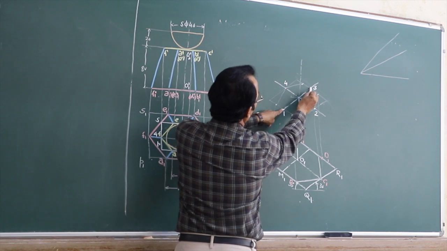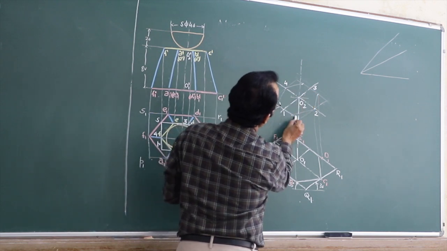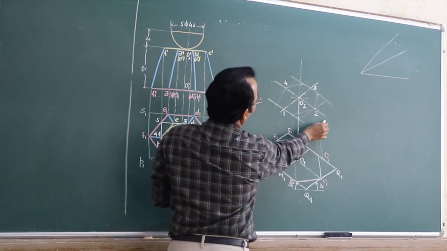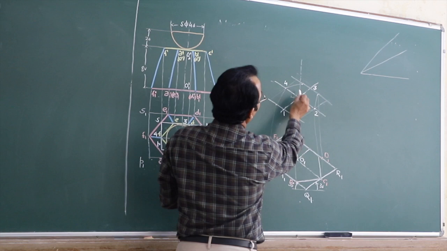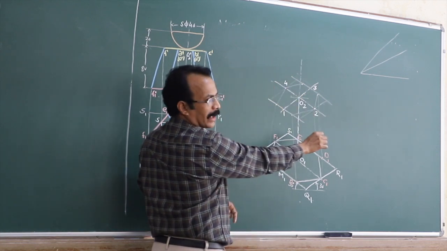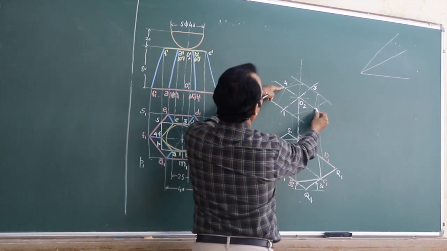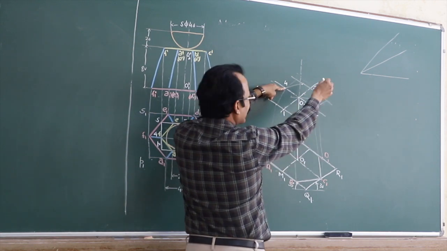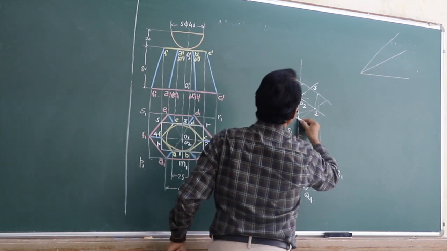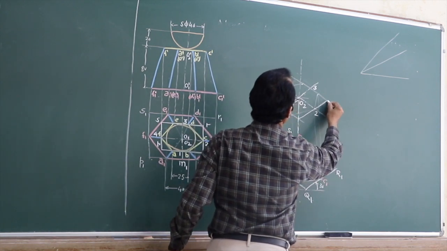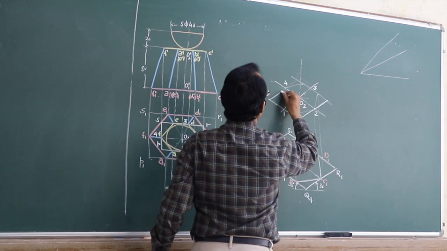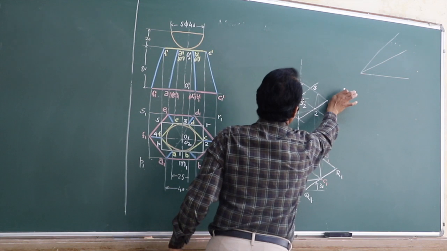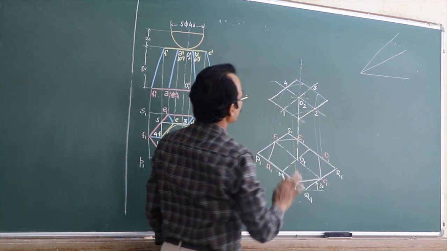Okay, now once you get these points, passing through 1 and 3, please concentrate, draw lines parallel to the other center line. You will not know the length, but the other center line is 2, 4, so parallel to that you draw these two lines. Similarly, passing through 2 and 4, draw lines parallel to the other center line. Which is the other center line? 1, 3. So passing through 2 you draw here, it will meet here. Similarly, passing through 4 you draw here, it will meet here. Then whatever extra is there, just remove it with the help of your eraser.